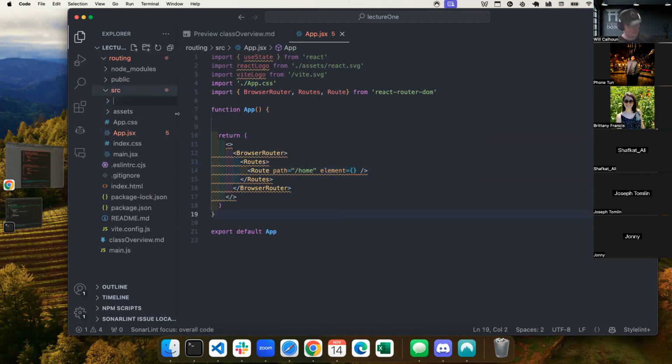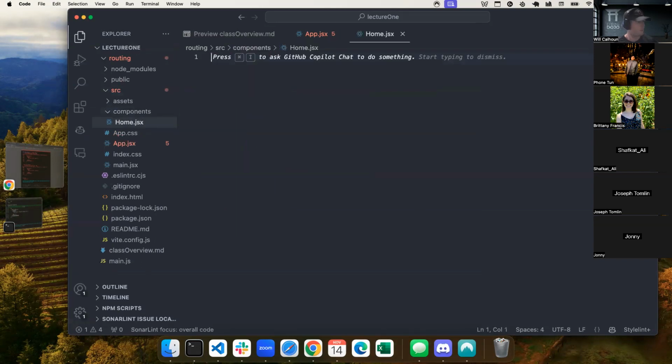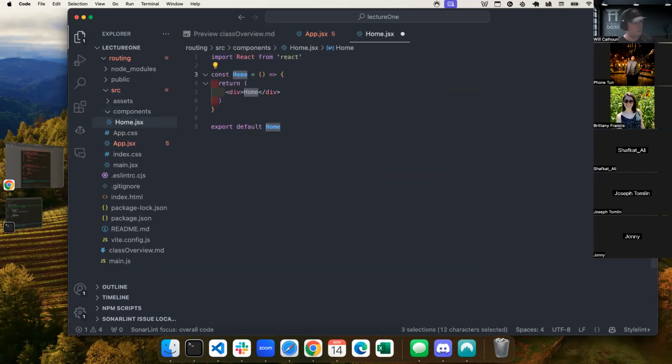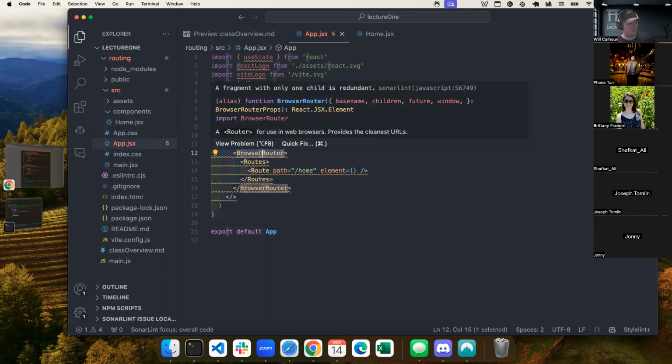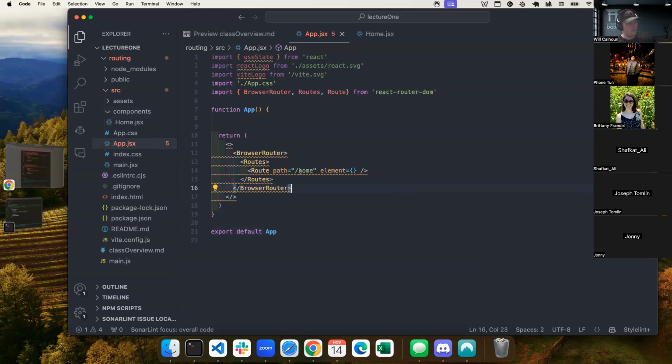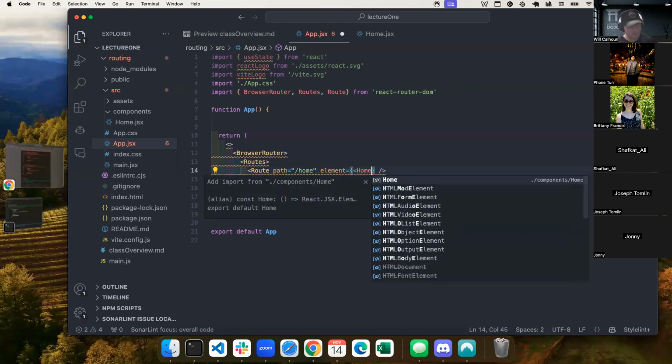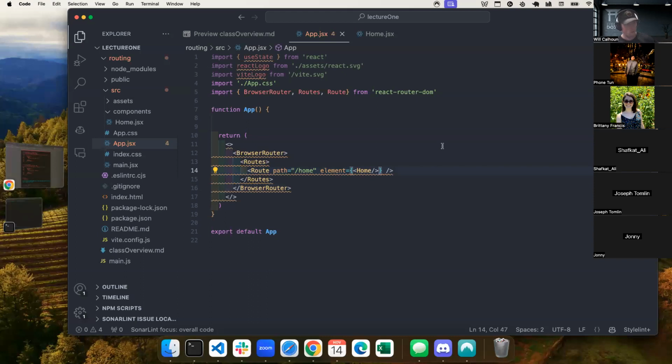Let's go build that. I'm going to come here. I'm going to say components. And then in that, I'm going to create a home.jsx. And then RAFCE. And then we'll just call this, this is fine. Cool. So now I have this home.jsx. The way my browser router works is, and I'm sorry for all these squigglies, eventually it'll work. But I have this home, then I say what component I want it to bring up. And so in this case, I'm going to bring up my home component, and I call it the same way that I would a normal component.